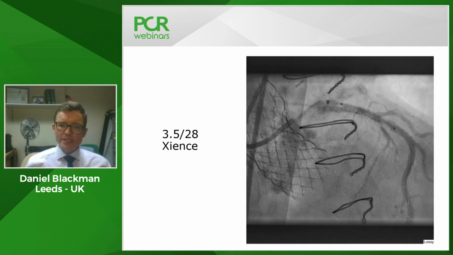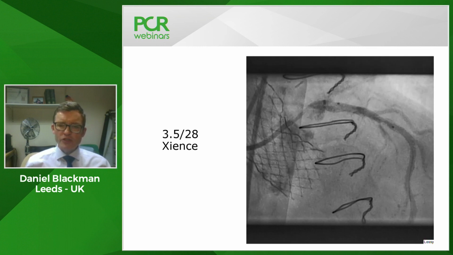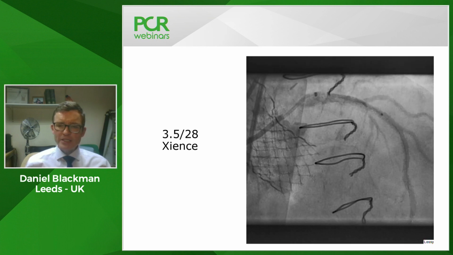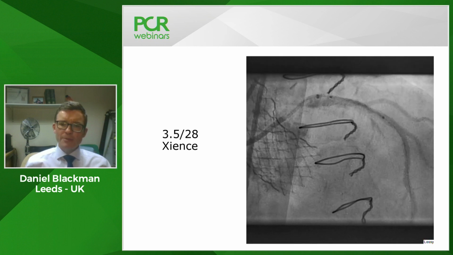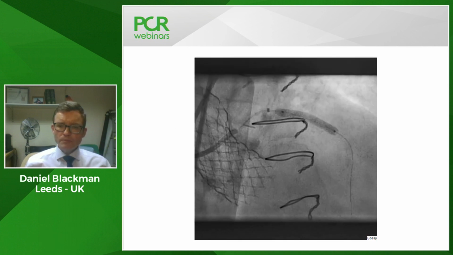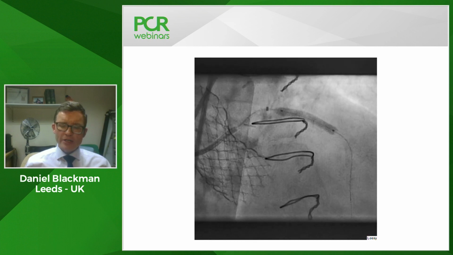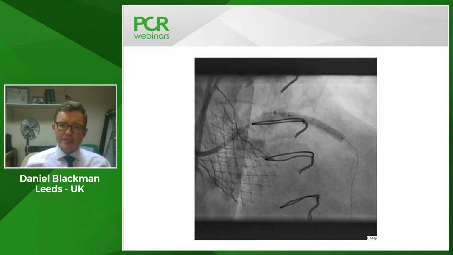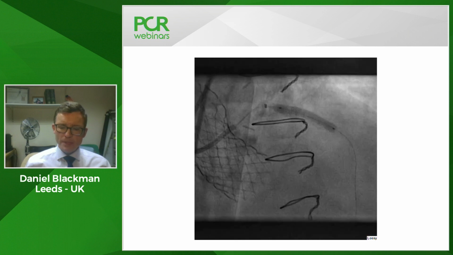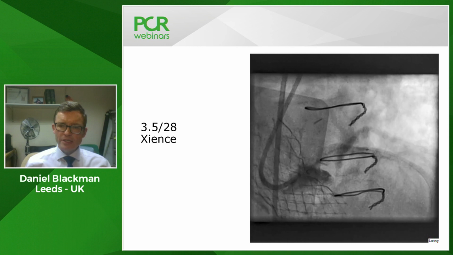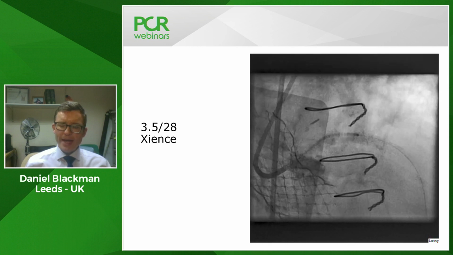This is a 3.5 by 28 Xience drug-eluting stent, and you can see we've used the guide catheter to give us the support to get that into the target lesion. Deploy that stent, then leave our guide catheter there, get the next stent for the left main stem, then bring the guide catheter back with standard PCI techniques,